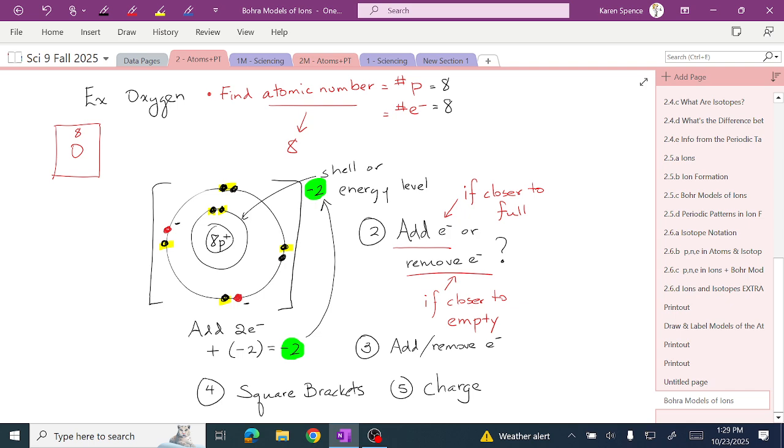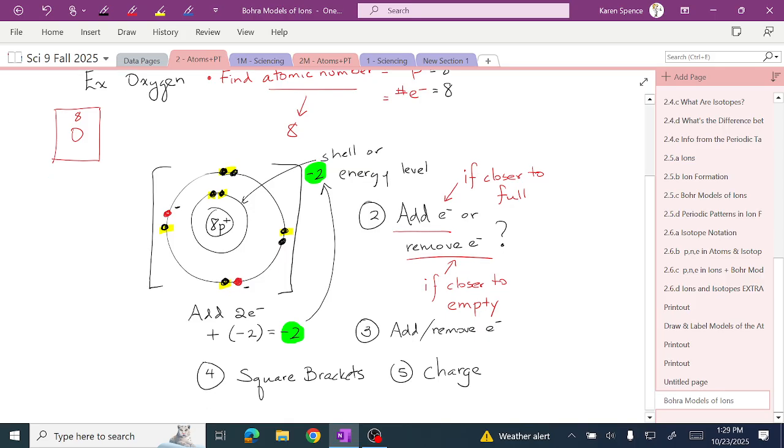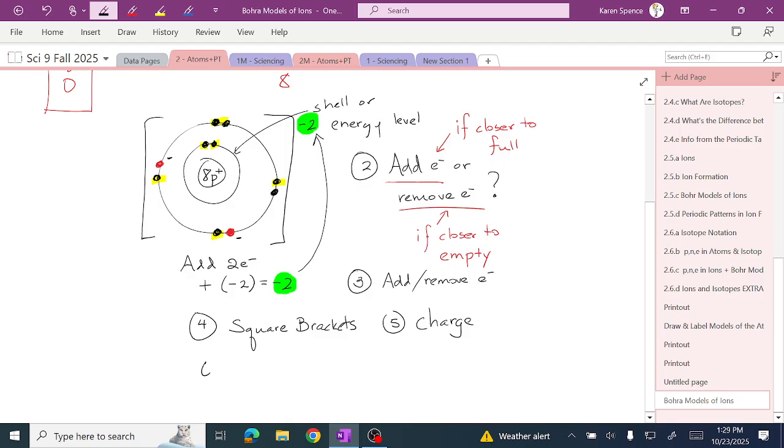I will probably also ask you to name the ion. Now, if I don't ask you to name the ion, you don't have to. Like, step 6 is kind of like if I ask. But for now, we're going to practice that because what do you know about